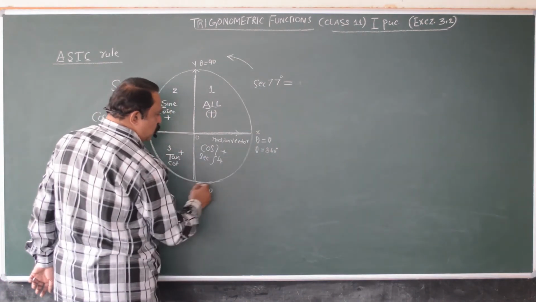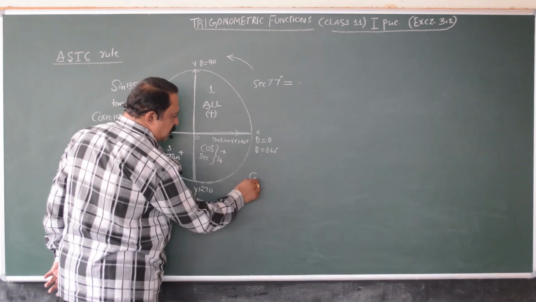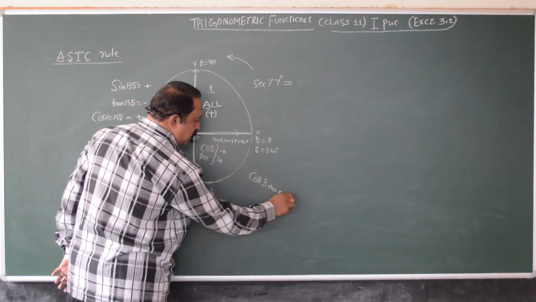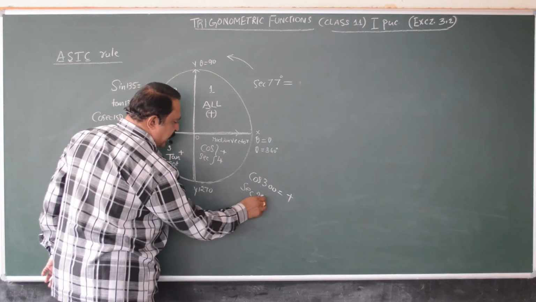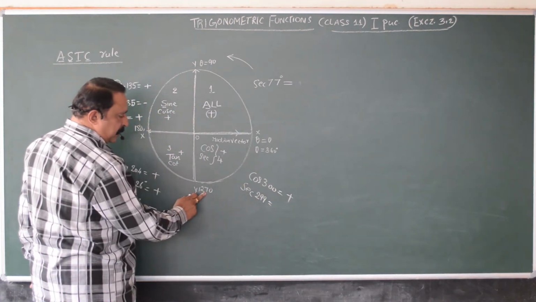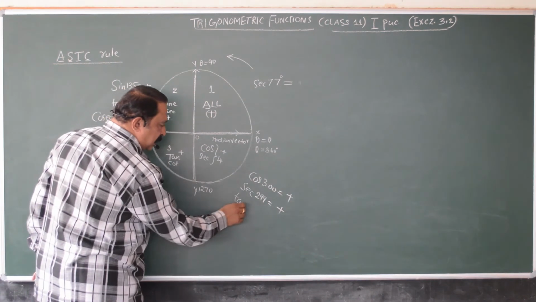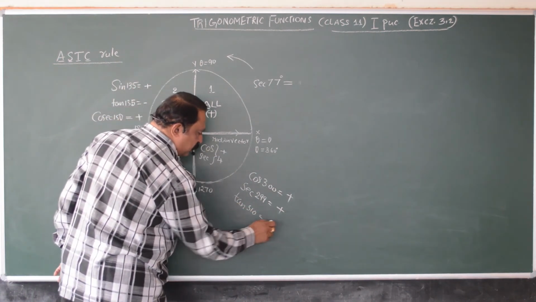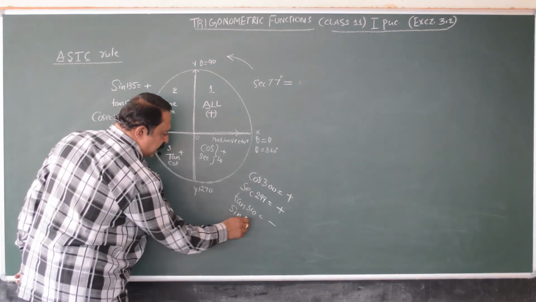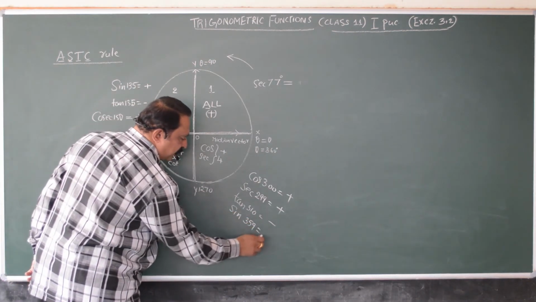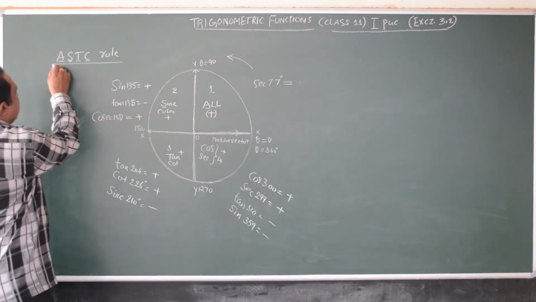Similarly, between 270 and 360 degrees, the cos and secant functions are positive. Say for example, cos 300 is going to be a positive number. Secant 299 lies between 270 and 360, so it's going to be a positive number. Whereas tan 310 is going to be negative because tan is not included in the fourth quadrant. Or even sin 359 degrees is going to be negative. So this is what is called the ASTC rule.